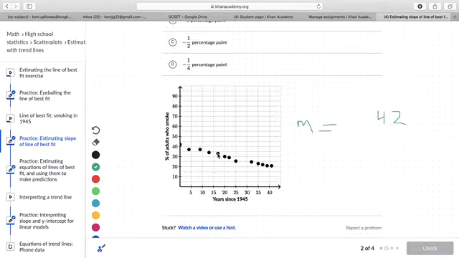Well, let's do 15 years. We'll do 10 years. So this point right here looks like it goes in the middle, and that's 35. So 42 minus 35, well, oh, I'm sorry, let's do 35 first. 35 minus 42,